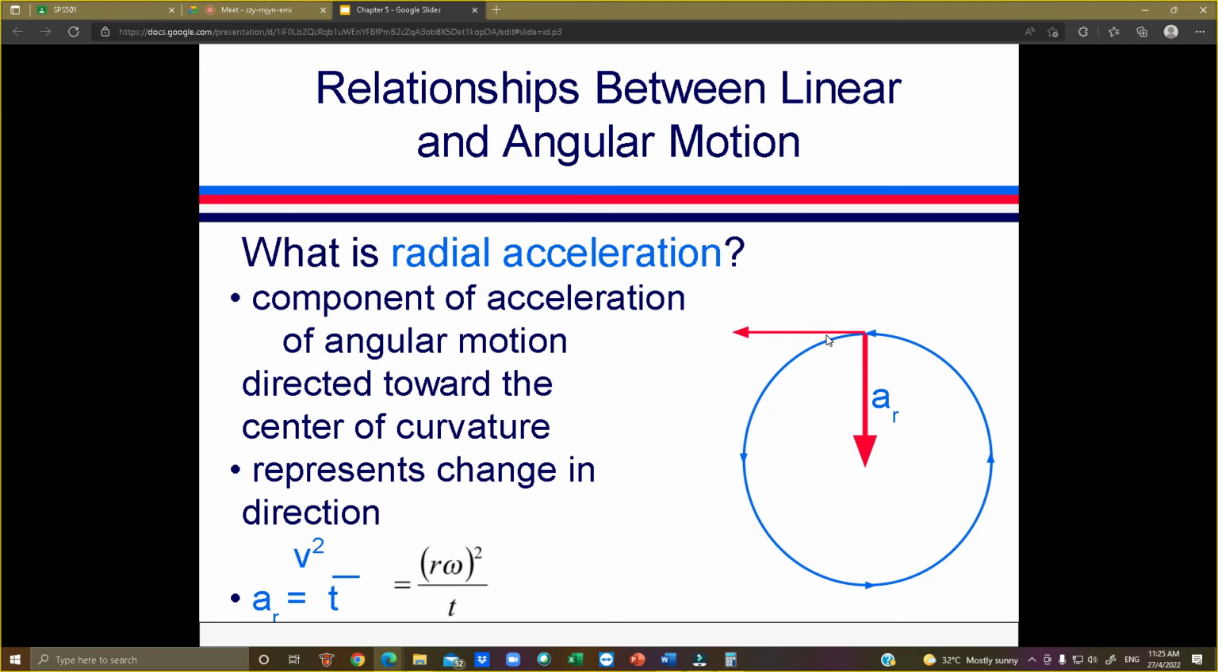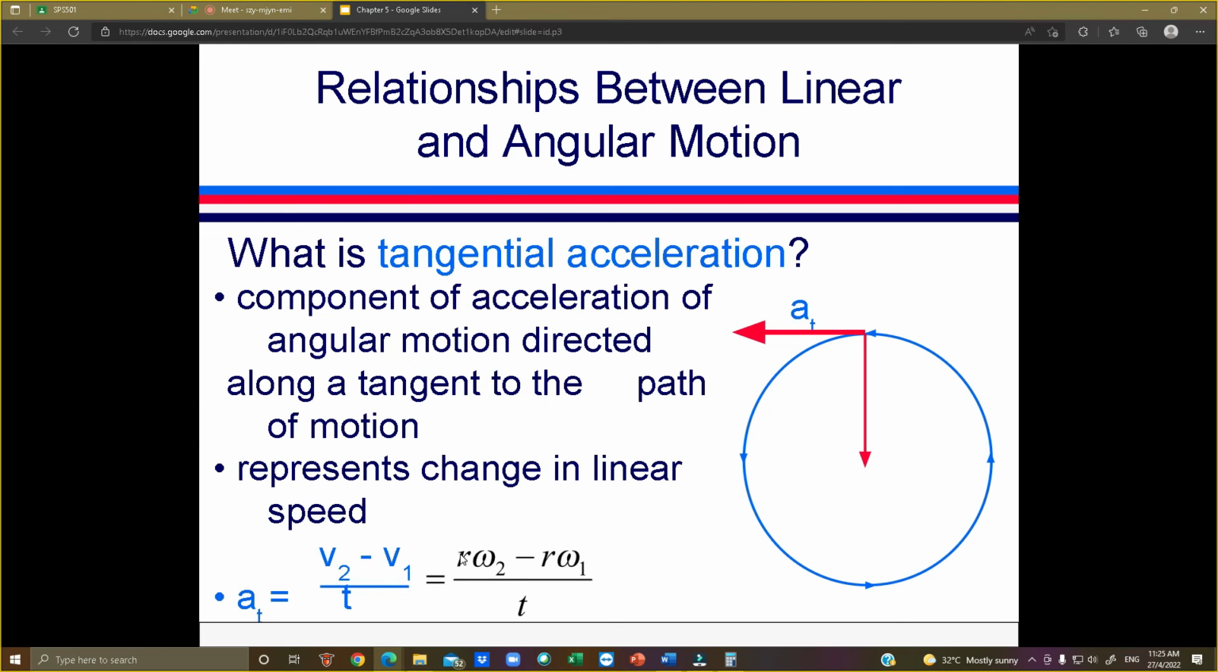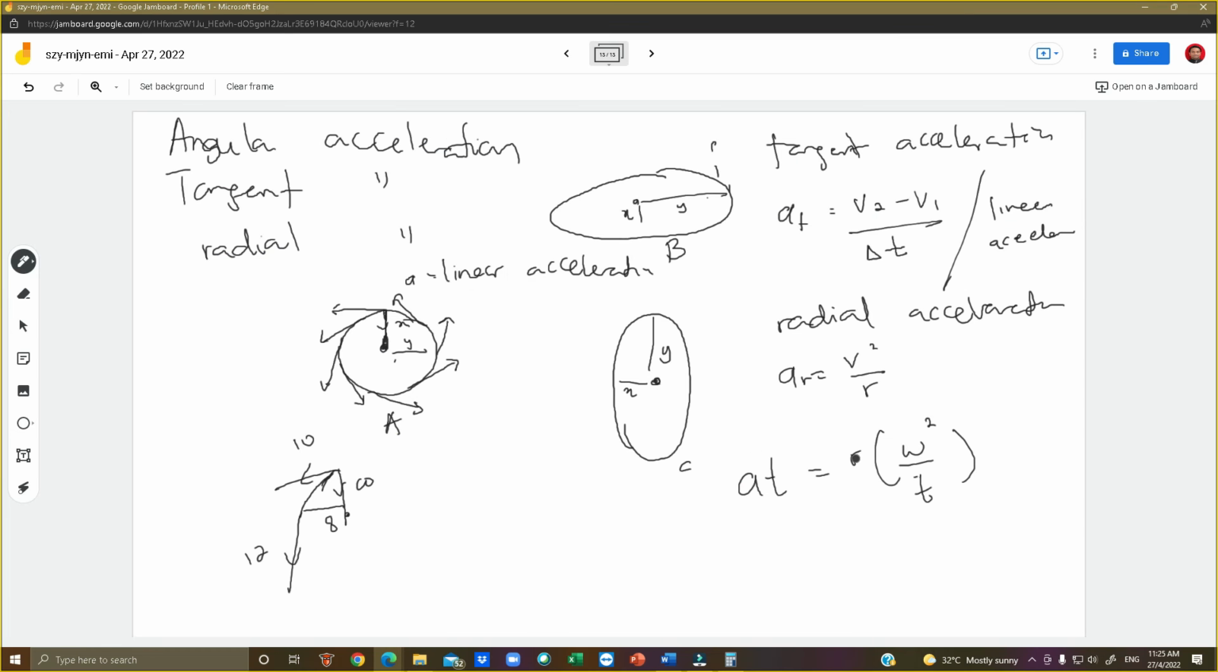Okay, ni bentuk kedua dia. Itu dia. R omega over T. Since R ni adalah benda yang sama, kita boleh keluarkan R macam ni lah. R omega square dia over T. Okay. Kalau untuk AR pula, if we want to include the angular side, so dia akan jadi ni